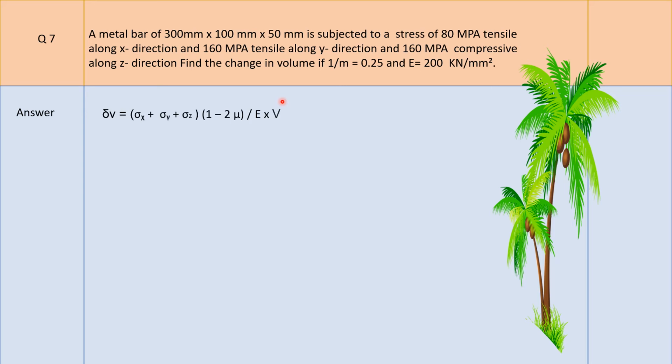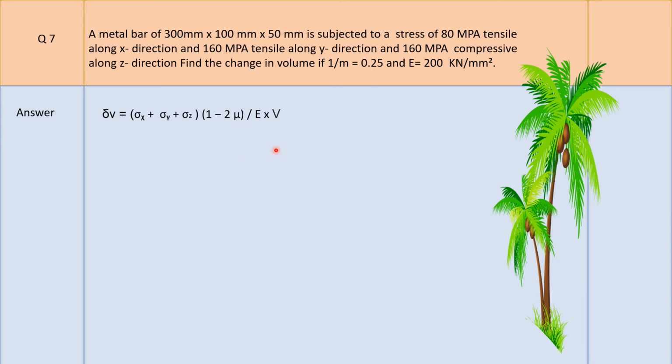Directly use the formula delta V is equal to bracket open sigma x plus sigma y plus sigma z bracket close into (1 minus 2 mu) divided by E into V. This is the only formula which we can use and get the answer very quickly. Substitute the values: delta V is equal to, sigma x given is 80, sigma y is 160 tensile. These both are tensile, so plus 80 plus 160. Now in the z direction it is compressive, so minus 160. So sigma z, don't forget to substitute as minus 160, into 1 minus 2 mu,